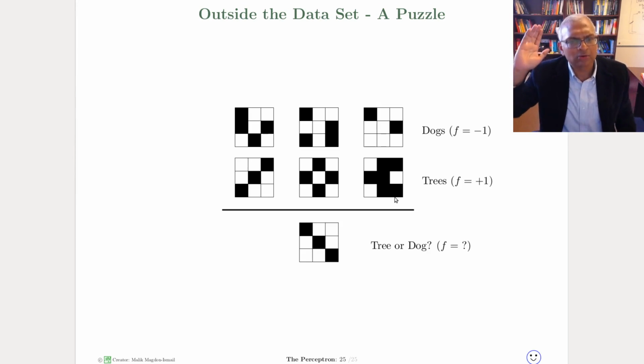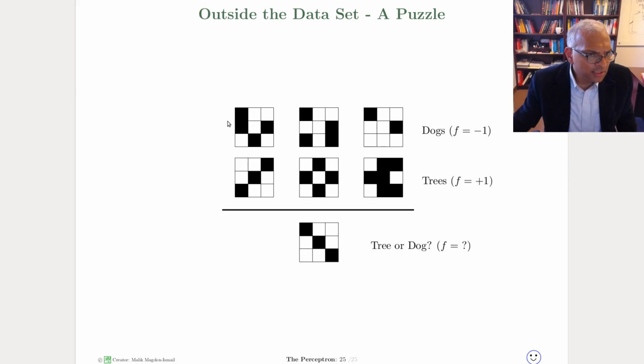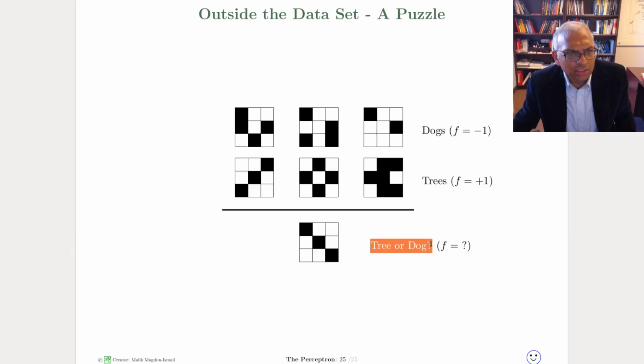You have now come to Mars, and these are what dogs look like. And these are what trees look like. Well, as in, here are 3 examples of dogs, here are 3 examples of trees. Now please tell me, is this thing a tree or a dog? So pause the video and write it down. Okay, so if you paused the video and wrote it down, well, you're not allowed to change it,